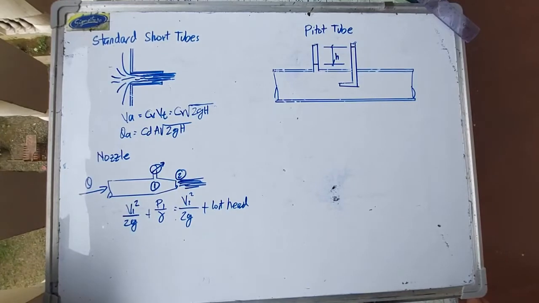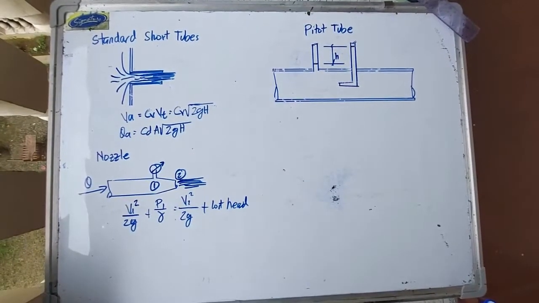Let's continue our discussion on fluid flow measuring devices and how we measure flow of fluids or liquids. We're done with the first one, orifices. We have discussed how to determine the different coefficients of the orifice and how to compute for the actual velocity and actual discharge. Next would be